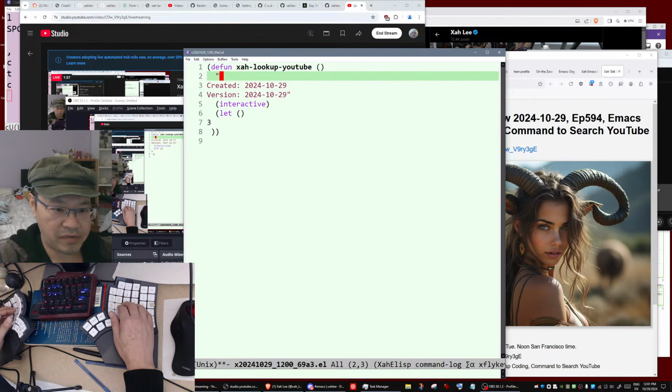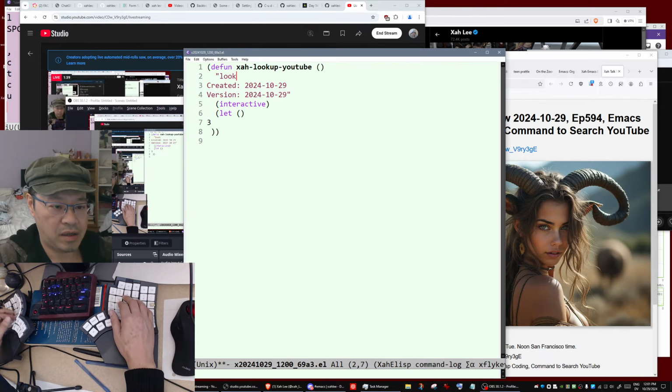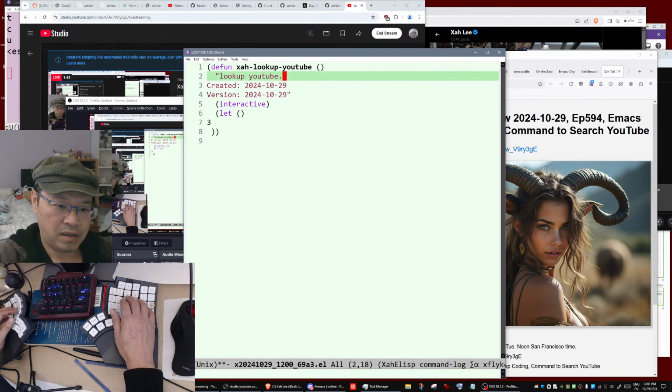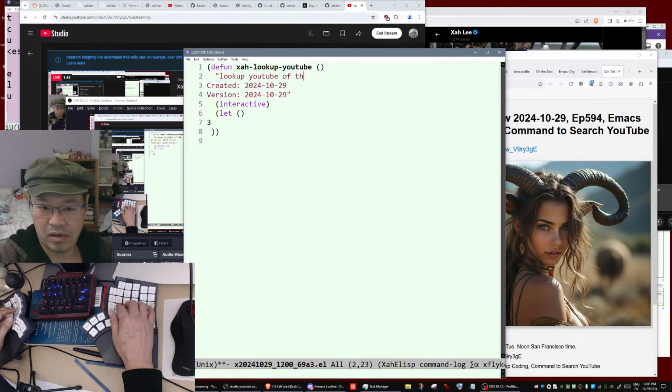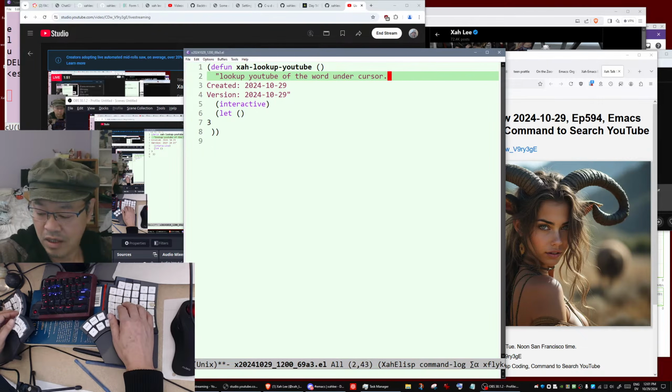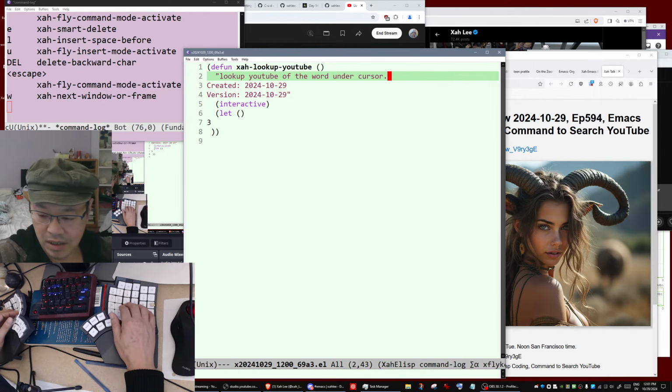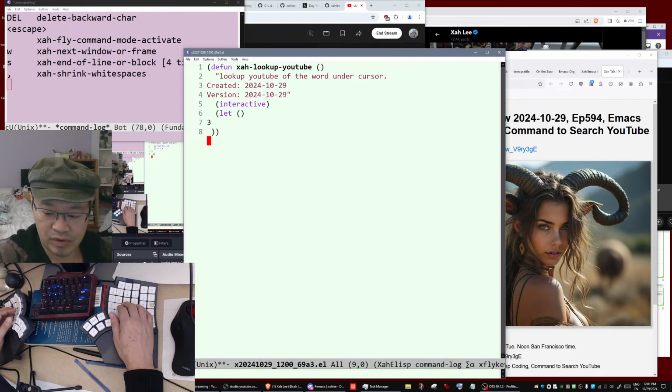So here's a define function. Look up YouTube of the word under cursor. Okay, that's search YouTube basically. So we are writing this. I have written similar ones, so if you look at